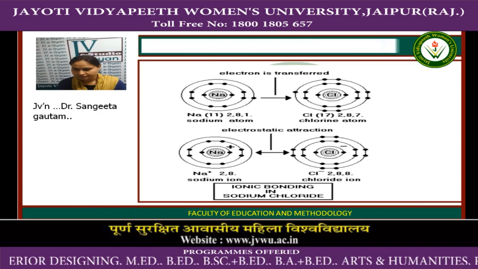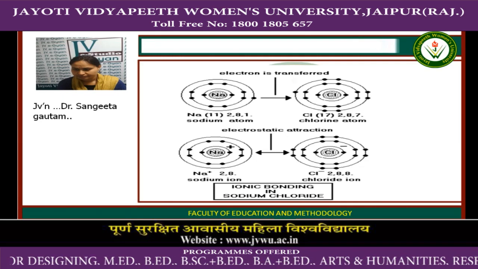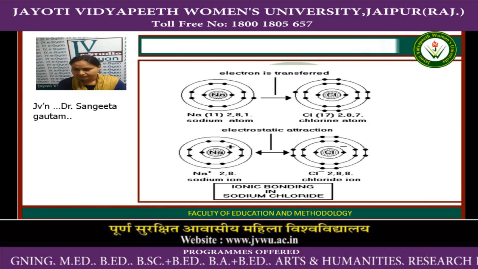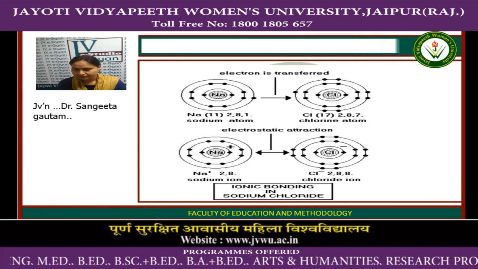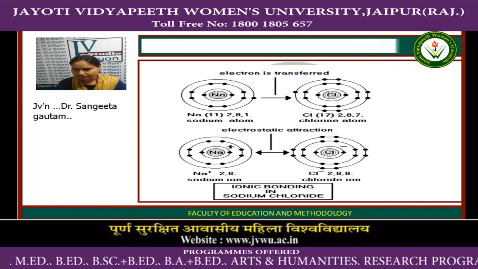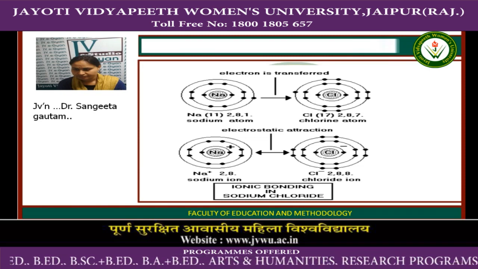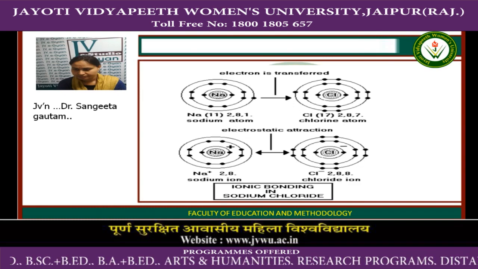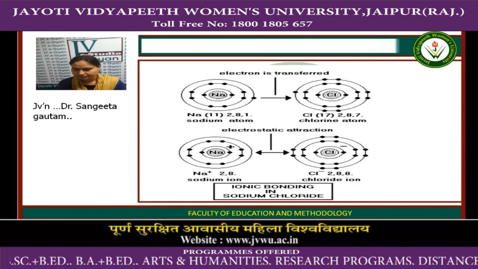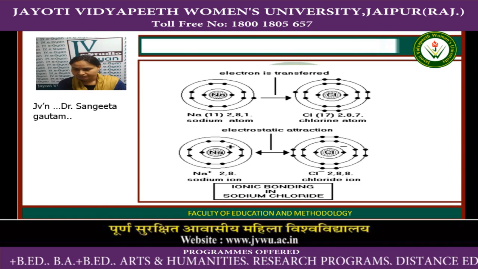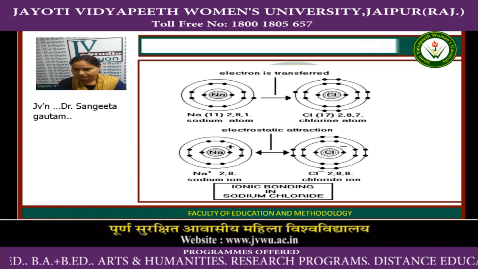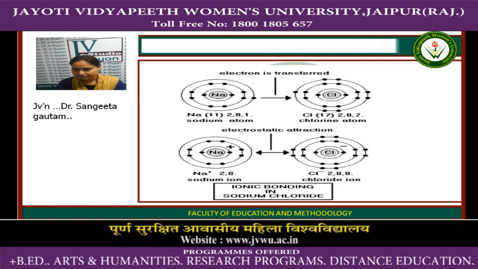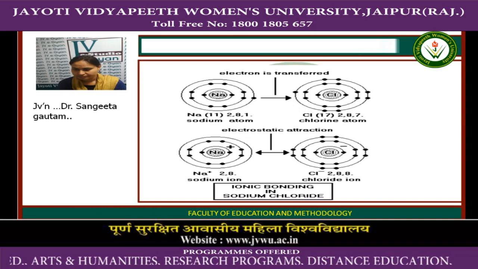In chlorine, the atomic number is 17 and the configuration is 2, 8, 7. When it gets one electron from sodium, it converts into the chloride ion, and the configuration will be 2, 8, 8. When Na+ and Cl- ions are formed, the electrostatic forces between these cations and anions join them together and form ionic bonding. Actually, ionic bonding is not a bond between different atoms, it's an electrostatic